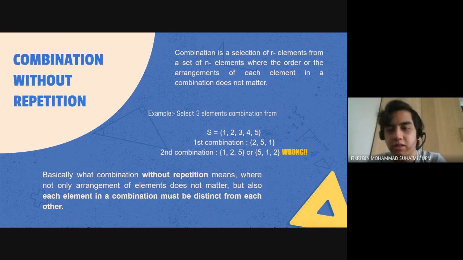So for example, let us consider that we are required to think of multiple ways to select a 3-element combination from a set of 5 elements, where the set is 1, 2, 3, 4, 5. For our first combination, we decided that the combination will be 2, 5, 1. Then for our second combination, we cannot choose 1, 2, 5 or 5, 1, 2 because in the concept of combination, these two have the exact same elements as the first combination. Therefore, they are considered as one distinct combination, which consists of elements 1, 2, and 5, regardless of the arrangement